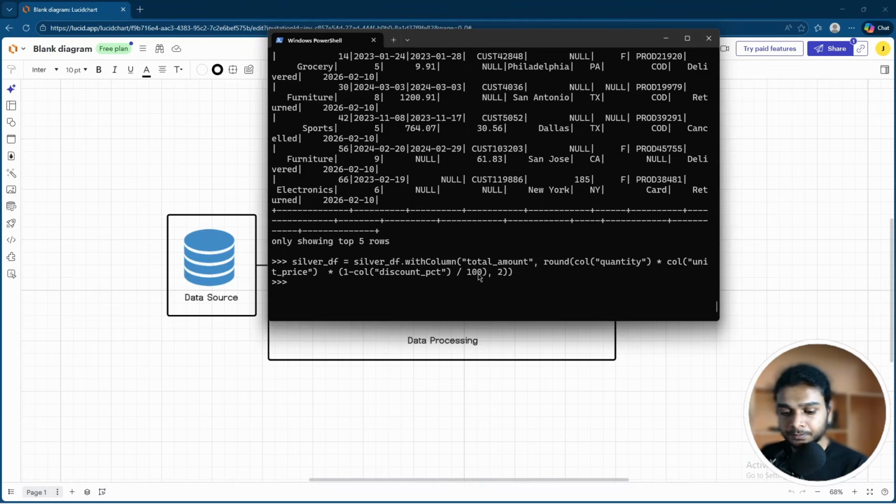Now for the first file, then the next line I say round off sum of total amount, comma 2 dot alias total revenue,